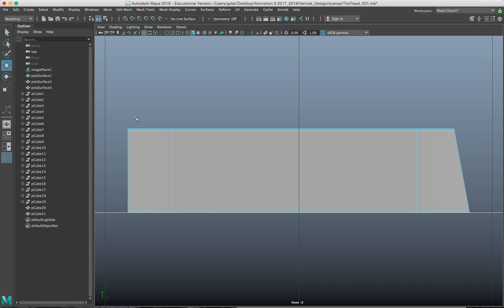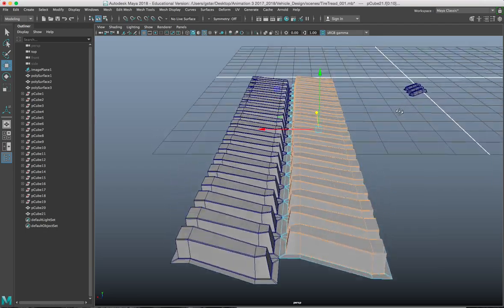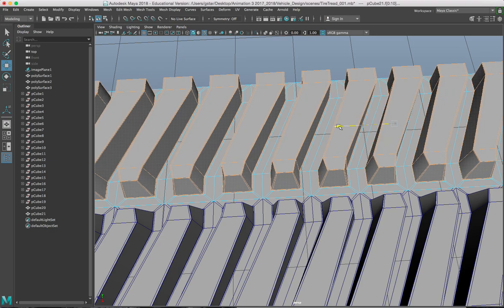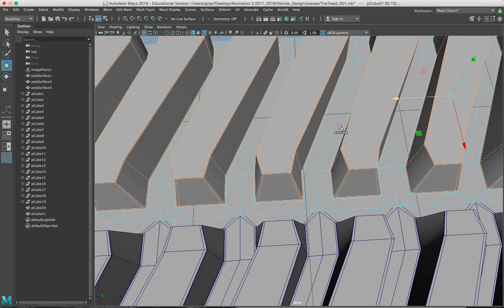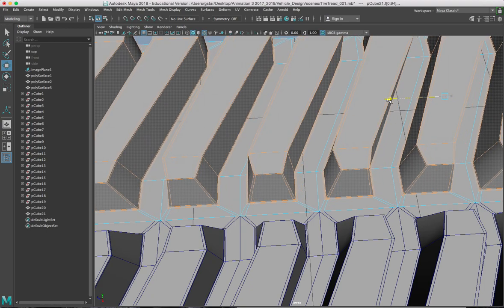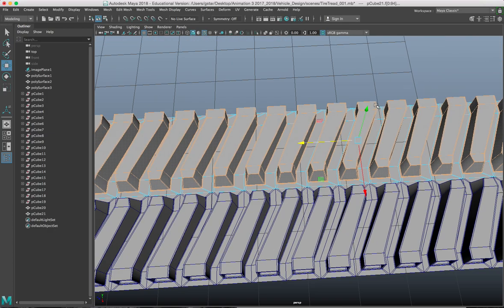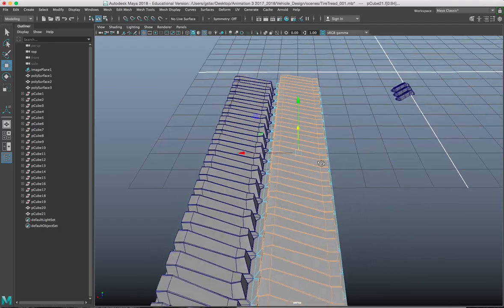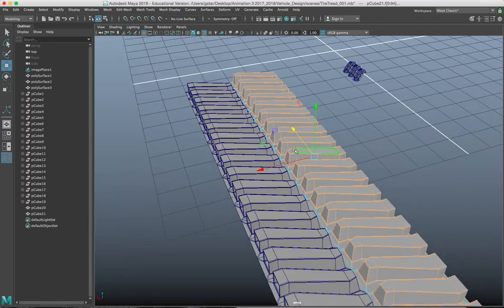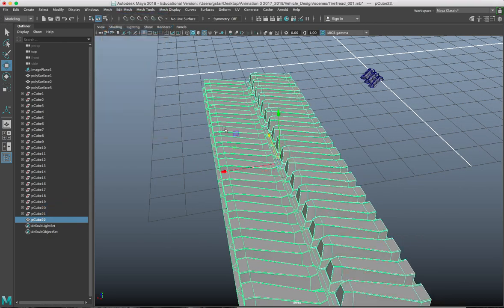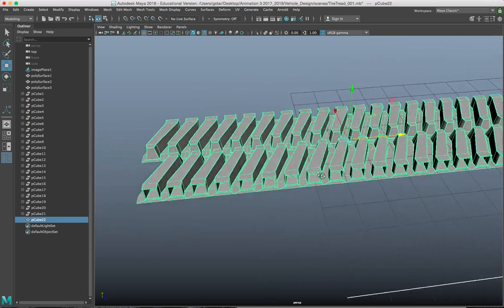I'll go to face. I'll highlight these faces there. And we could push these guys over. Oops. Hold shift and press period. And now I can move it over a little bit. That's as much as I can offset it. All right. There we go. That looks nice. Okay. So now we take these two. We go to mesh, combine, and last but not least,